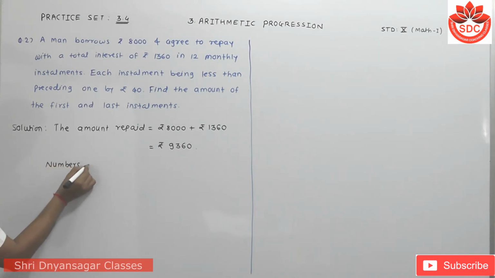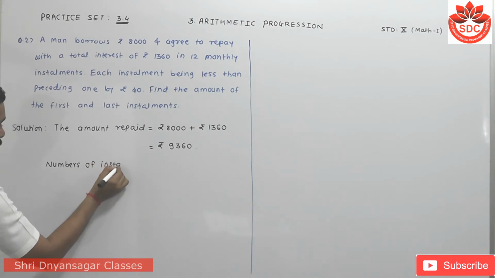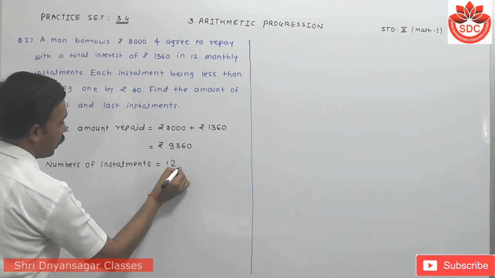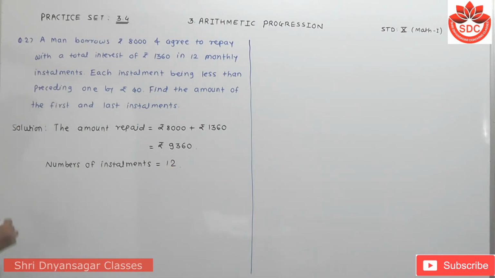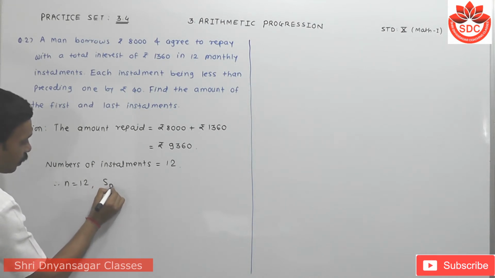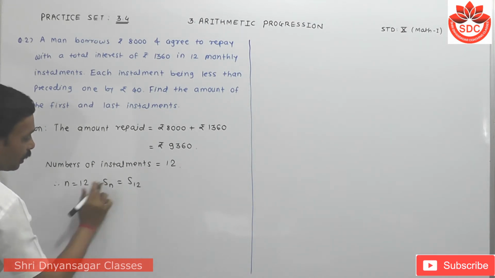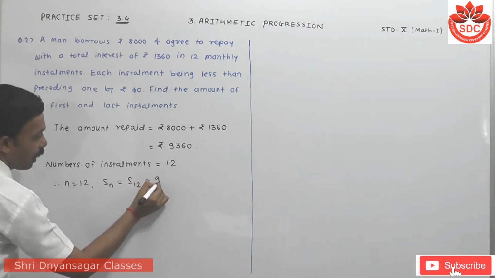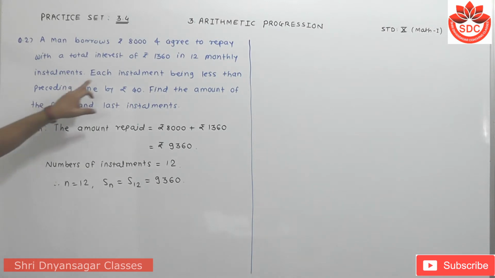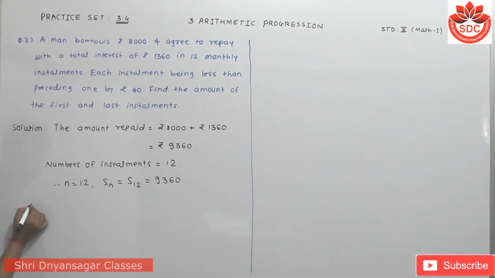Number of installments means n is equal to how much? Here it is 12, so n is equal to 12. Sn is given here as the amount repaid, which means Sn is equal to S12, which is 9,360. Now student, each installment being less than the preceding one by 40 rupees means that here I will write each